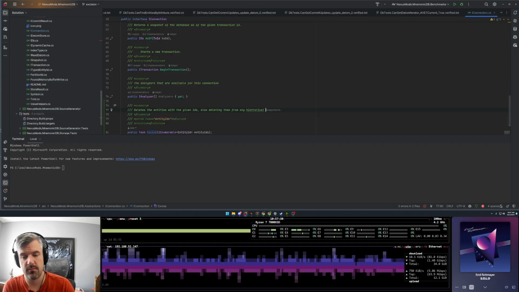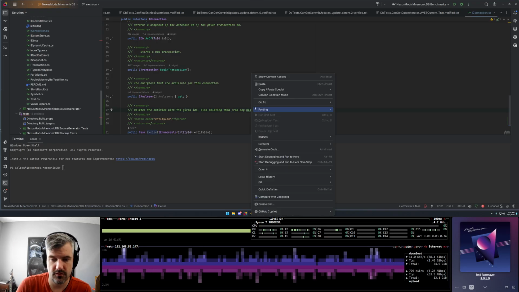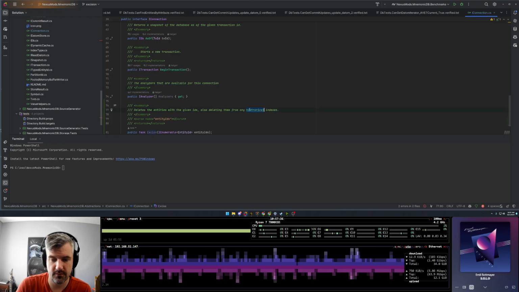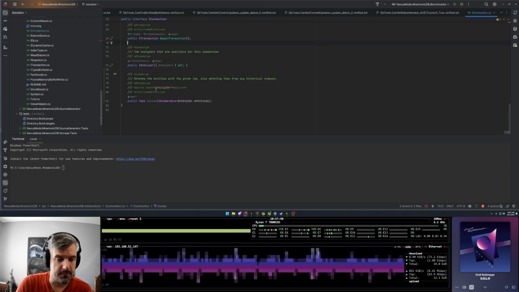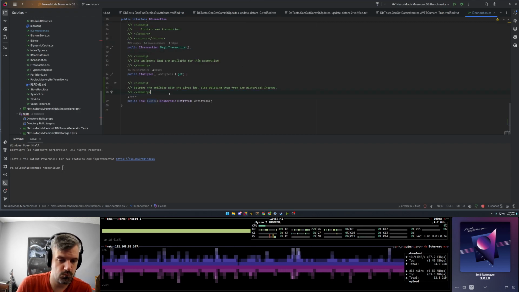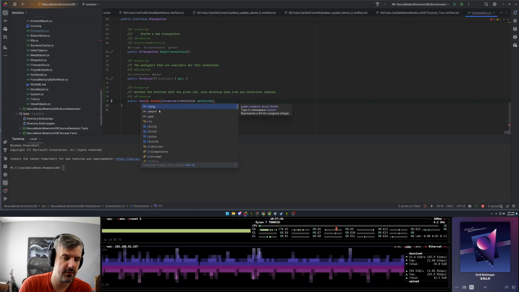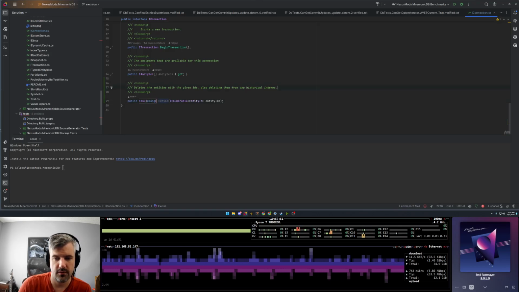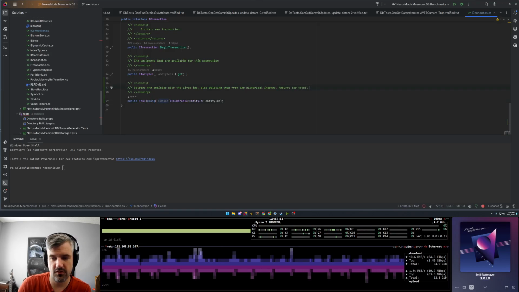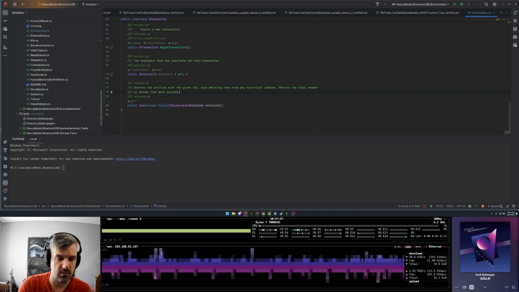Is historical really misspelled here? It is. Great. Okay. And I think we will have this return a ulong, the total number of datums that were excised.